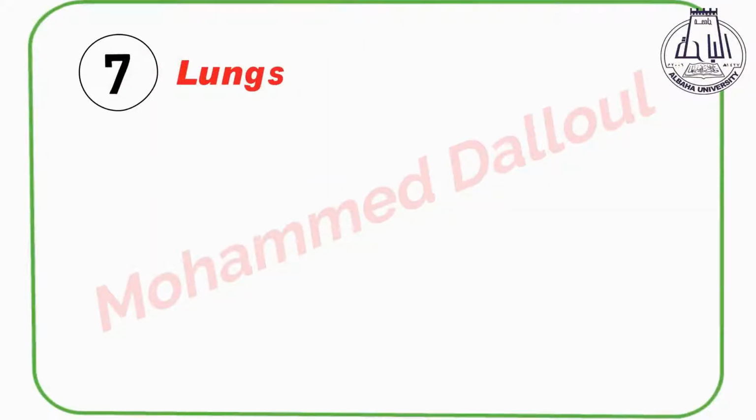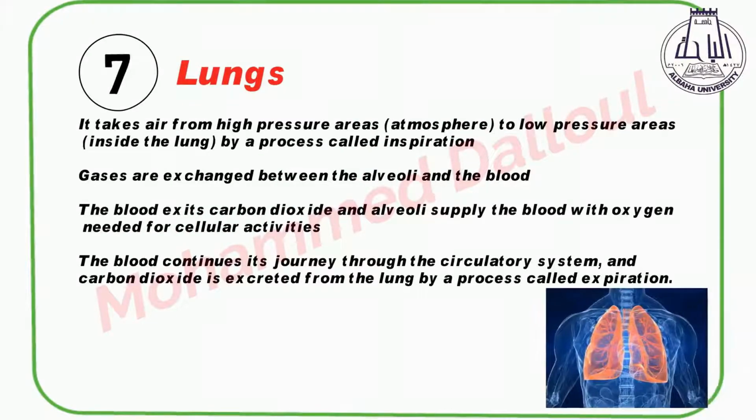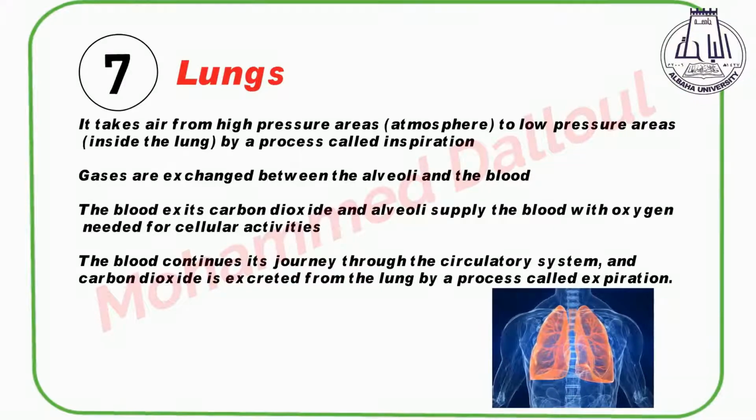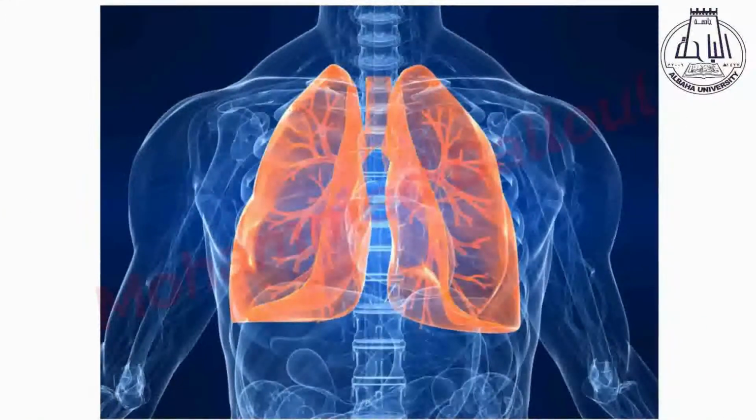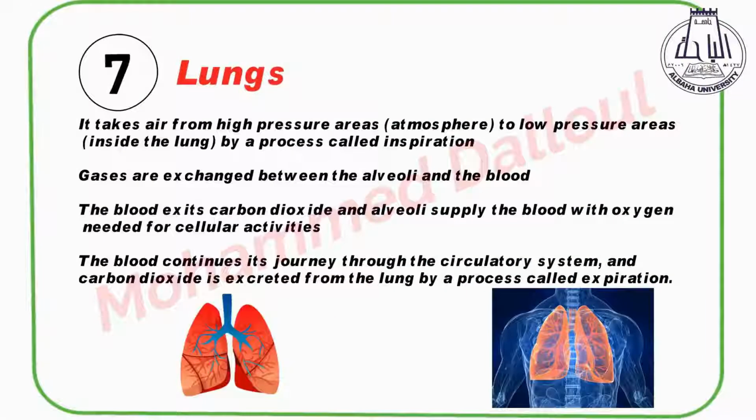Lungs. It takes air from high-pressure areas, the atmosphere, to low-pressure areas inside the lung, by a process called inspiration. Gases are exchanged between the alveoli and the blood. The blood exits carbon dioxide and the alveoli supply the blood with oxygen needed for cellular activities. The blood continues its journey through the